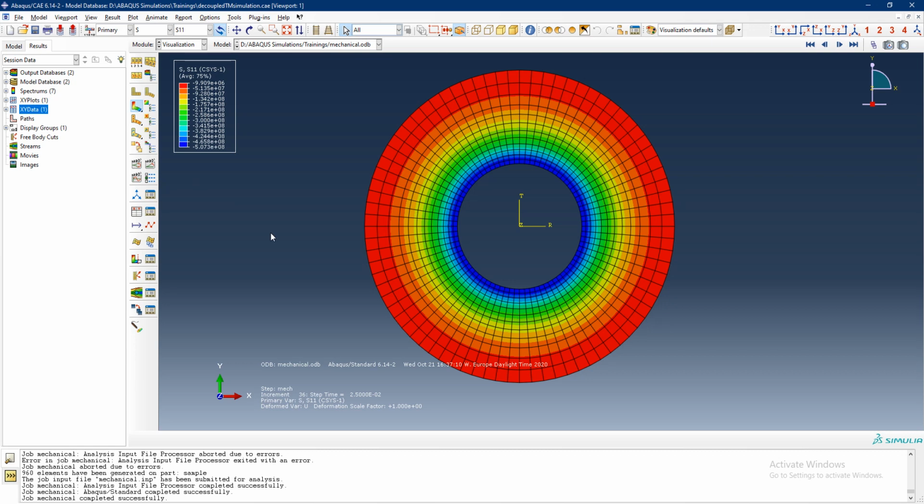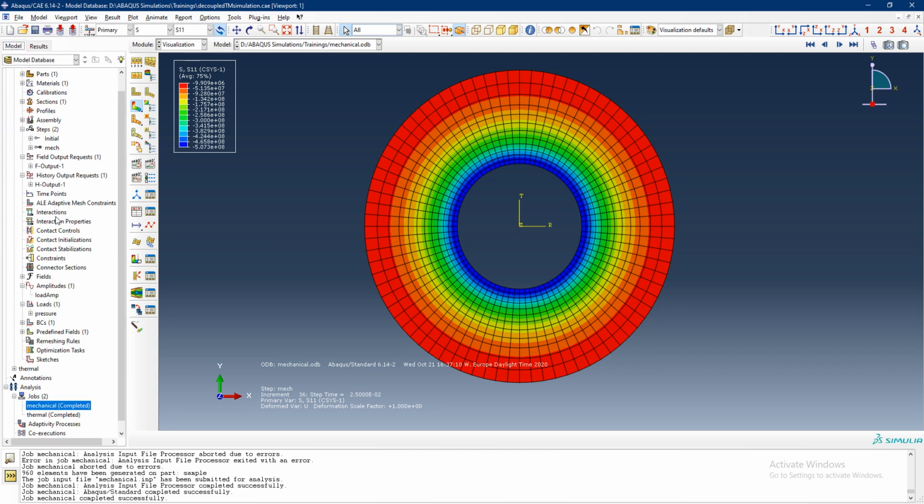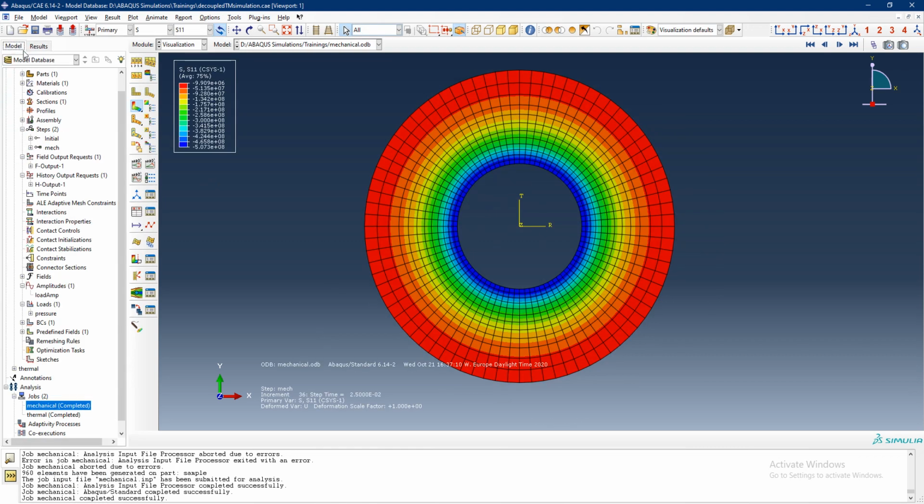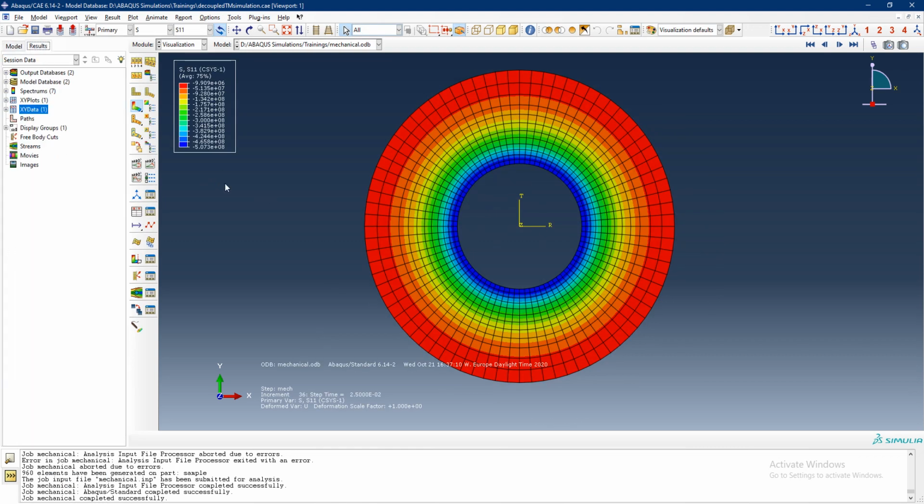We ran the model, we recorded the file, and then we used that file in the mechanical analysis as a predefined field setup, and successfully finished the mechanical simulation with the thermal analysis. Let's do some post-processing to see the interesting results,